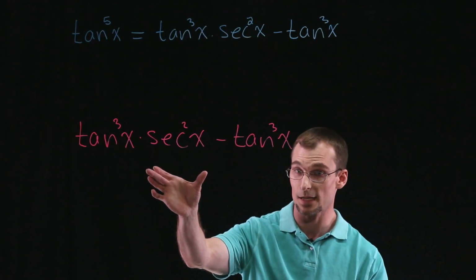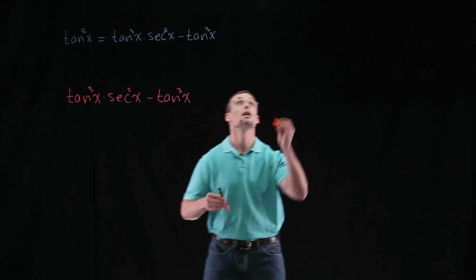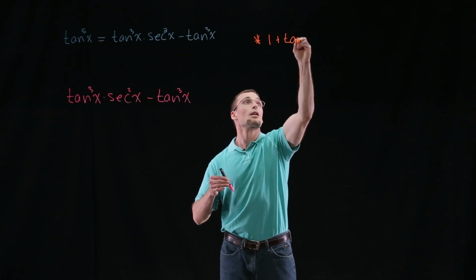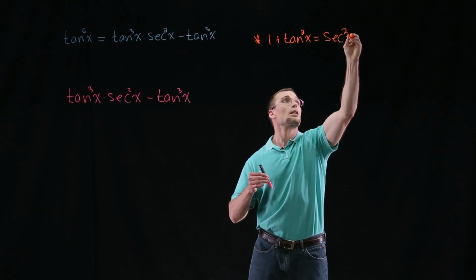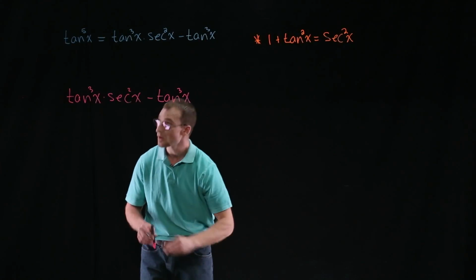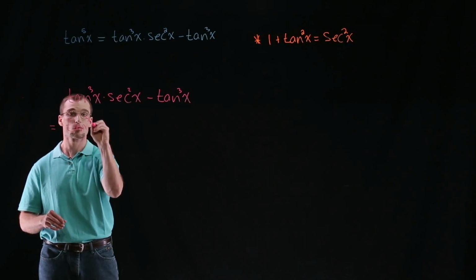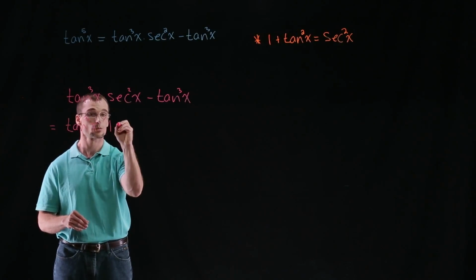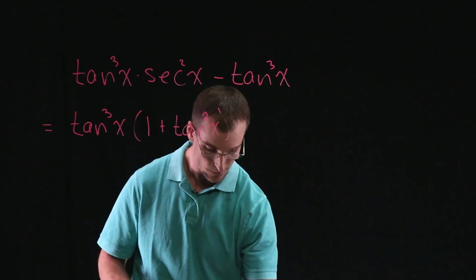If we know our Pythagorean identities, we know that we have a relation between secant squared and tangent squared, namely that 1 plus tangent squared x equals secant squared x. So we can use that. Making that substitution, we'll have tangent cubed x times, in place of secant squared x, one plus tangent squared x